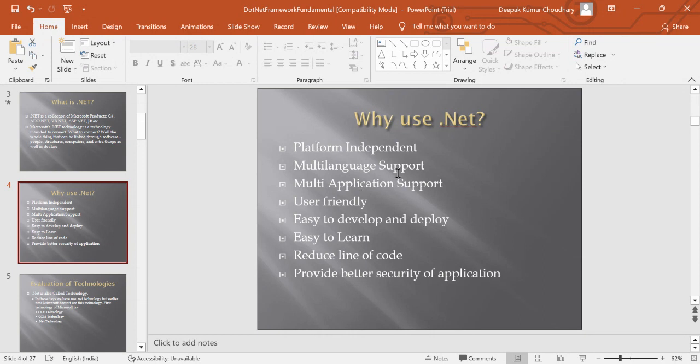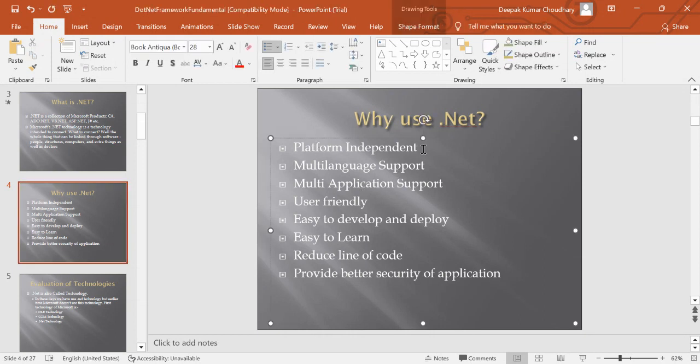The first point is platform independent. Why are we saying platform independent? The .NET framework was initially introduced in 2002, and .NET is not an open source technology. So if you build something using the .NET framework, you have to pay. This is not free, but they provide a terminology, platform independent,